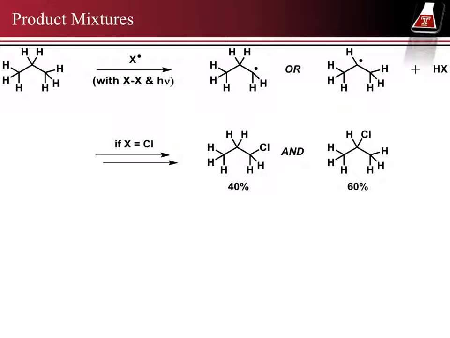So let's talk about some actual experimental results. In this case, X has been specified as chlorine, all right? And this is the radical, so chlorine radical. Right, and you might be curious why there's 2 arrows here. There's 2 arrows here because